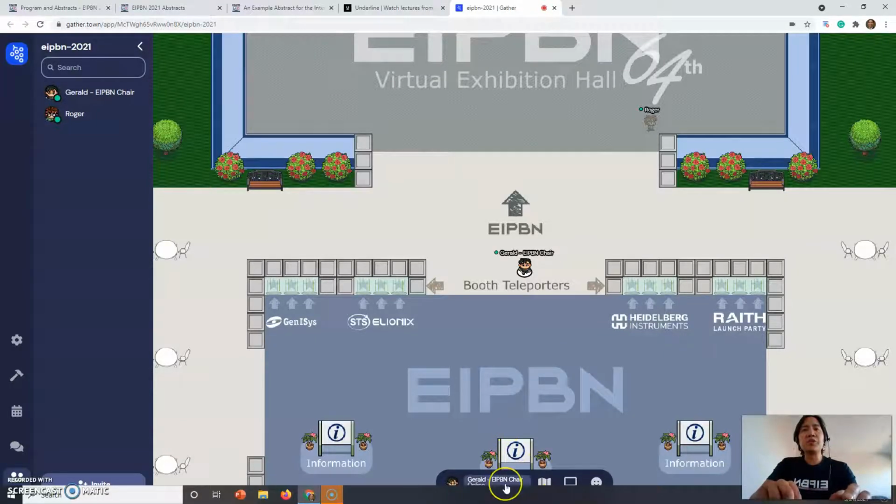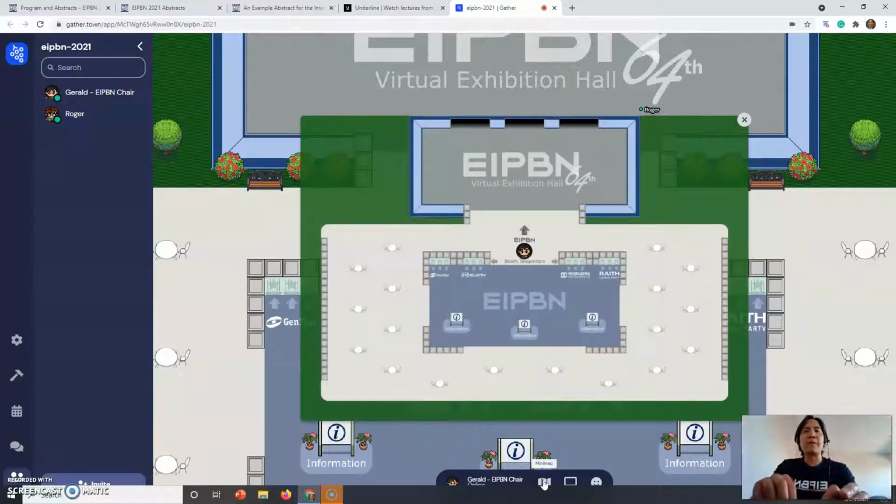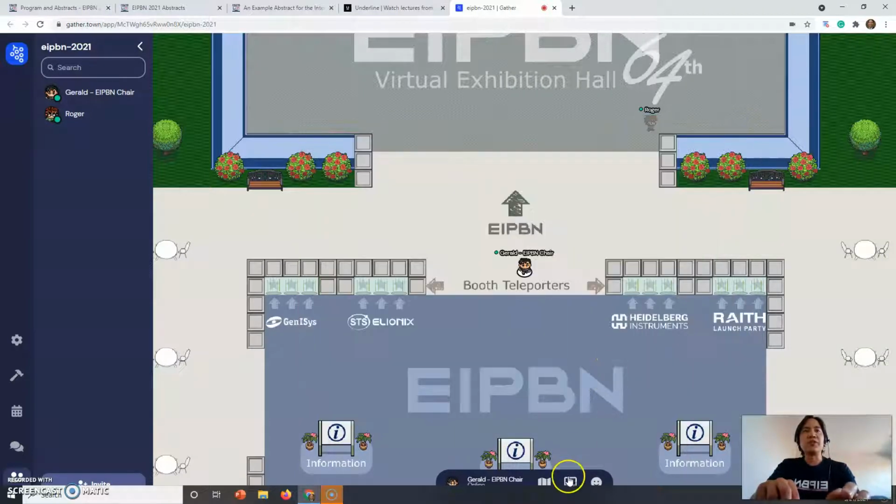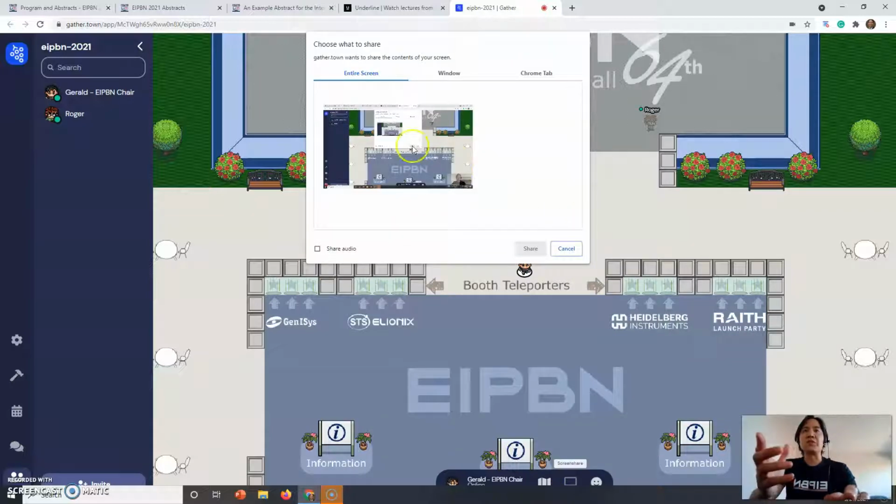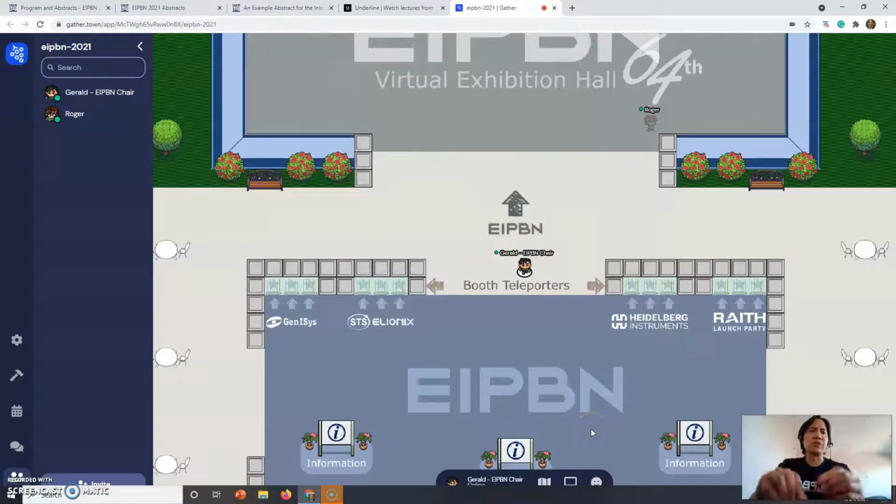The next thing I want to show you is right here called the mini map. It shows you where you are on the map, and we're going to show that again when we walk into the exhibition hall. The other thing is that you can actually share your screen. So this is just like Zoom. If you've seen it before, you just have to click on the screen and you can just hit share. And that only shares locally. It doesn't share to everybody in this garden area. So it's only with people that are close by. Then you can raise your hand by clicking on any one of these emojis, ask a question, that sort of thing.